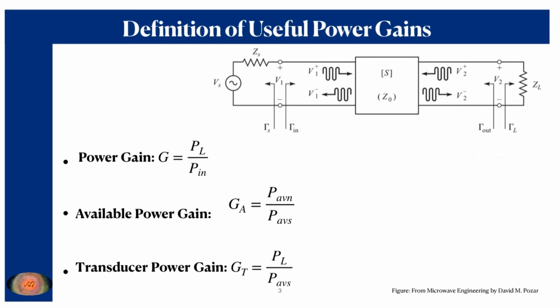Transducer power gain depends upon both, because obviously P_L is the power dissipated across the load impedance, and this is the power available from the external voltage source. So that is why it depends upon both the load impedance as well as the source impedance. As I told, based on the impedance matching,